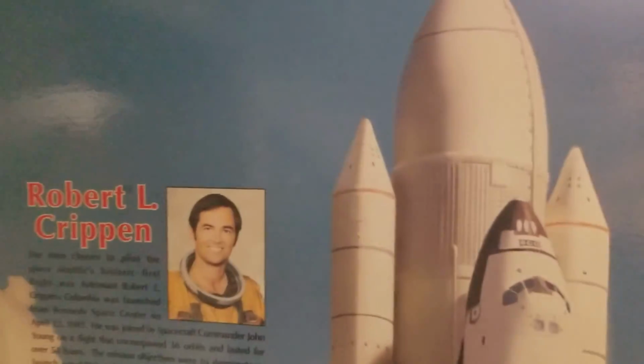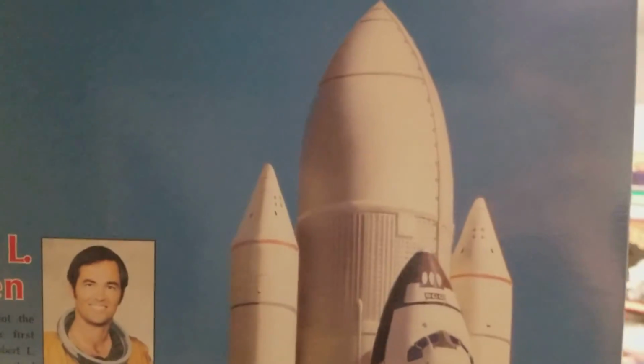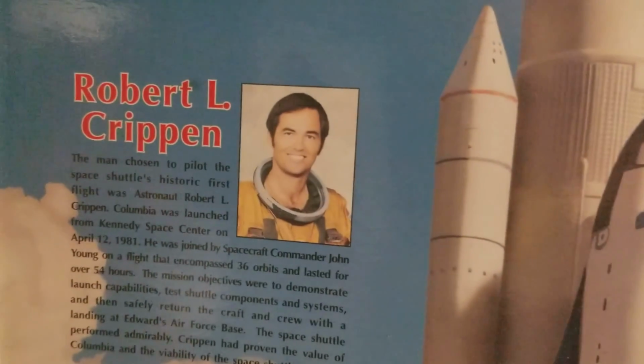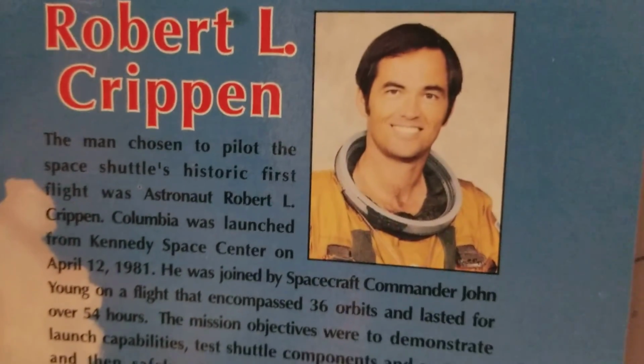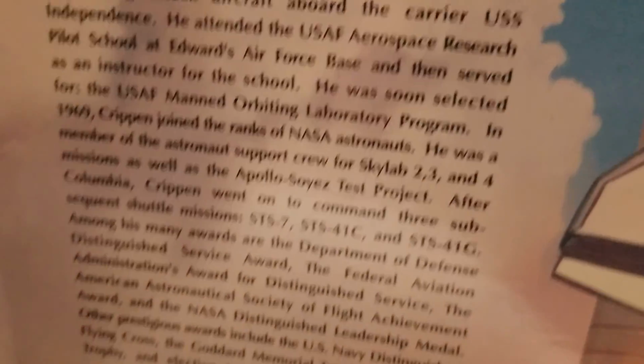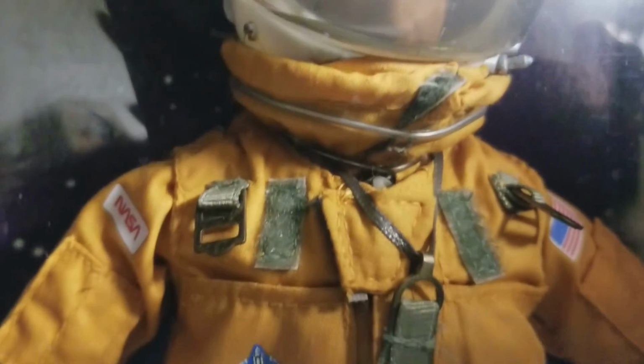And this is Robert L. Crippen, 1981 launch. I believe this is Columbia. The name of this space shuttle was Columbia. There's beautiful inside information on Robert L. Crippen. Let's get you a shot of our astronaut here. Just a beautiful head sculpt of Robert Crippen. The suit